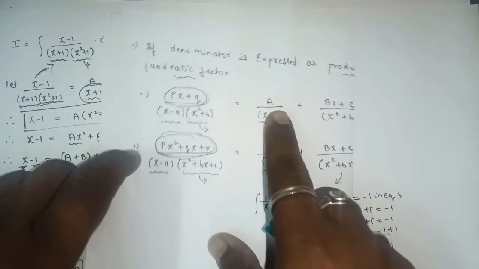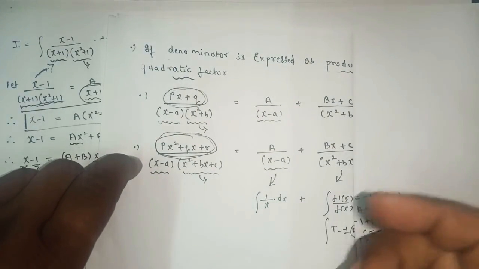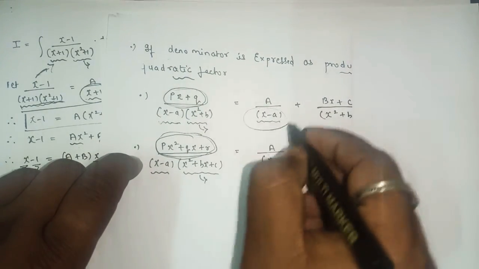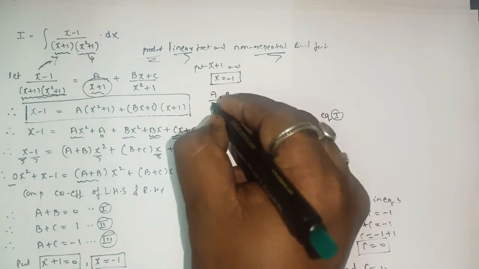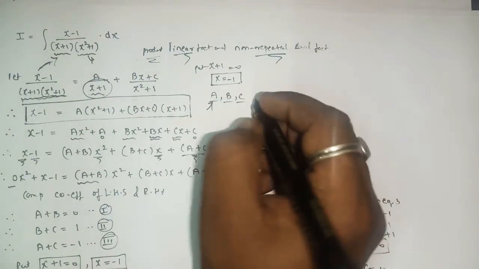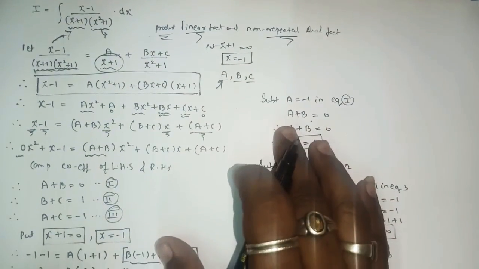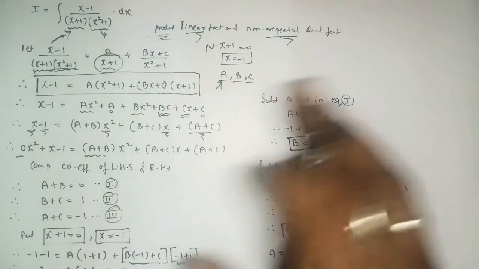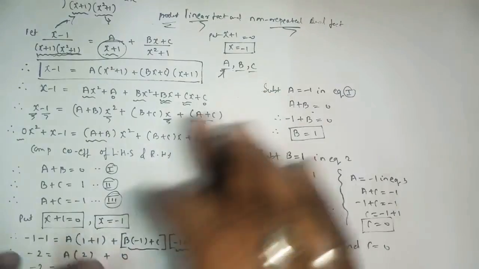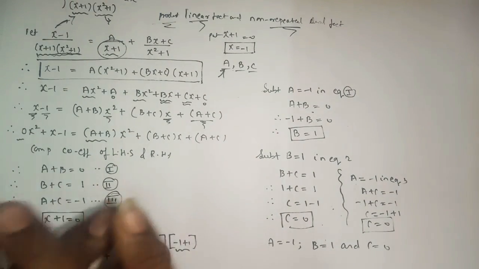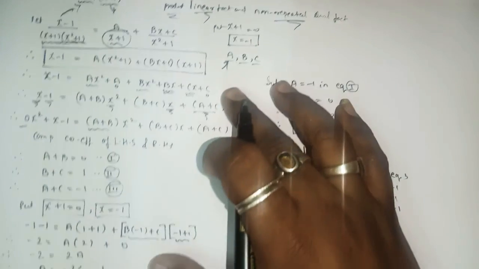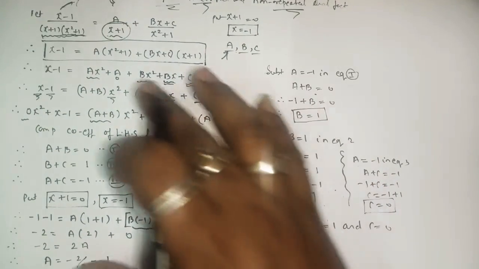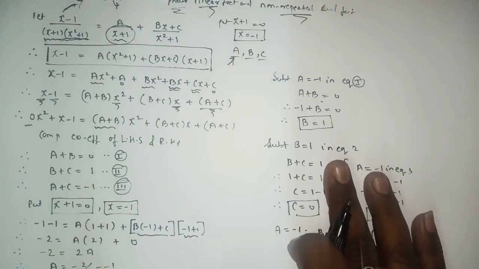So here you will get three constant terms. But we know that with the help of one linear factor you can find only one answer. To find the remaining two answers there is a proper method. There are many other methods also from which you can find your answer, but I feel this is the comfort zone. The sum is lengthy, but here you will get the perfect answer of A, B, C.